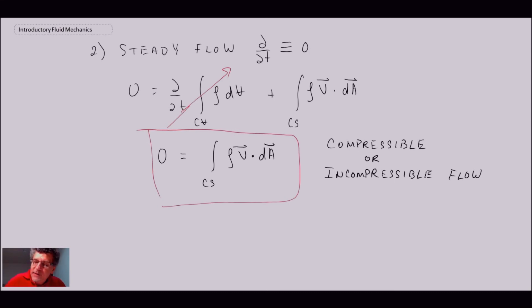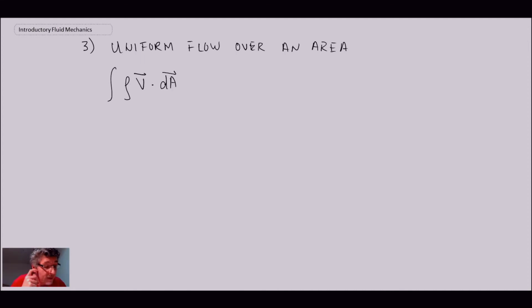The last special case that we'll look at is one where we have uniform flow over an area. That would be where the velocity vector does not change, so it's a fixed amount over an area. Looking at the integral that we have in the mass conservation equation, this is the one over the control surface, and I'm just going to say over some generic area A_N. If the velocity is fixed, what we then get